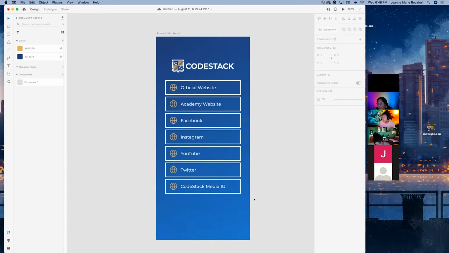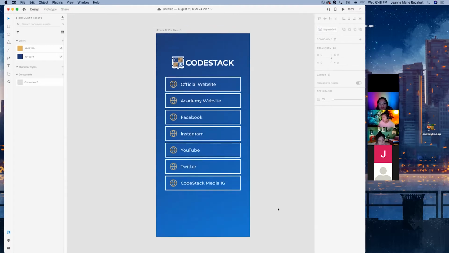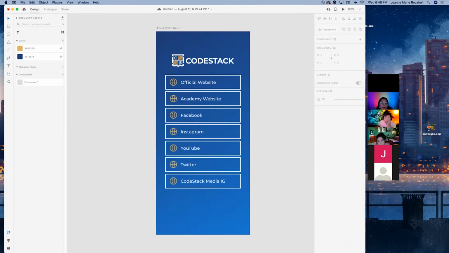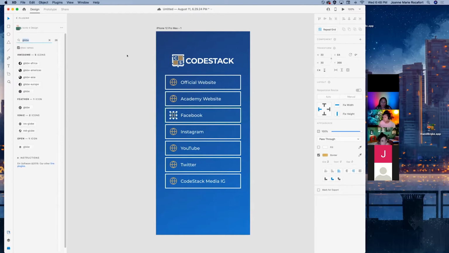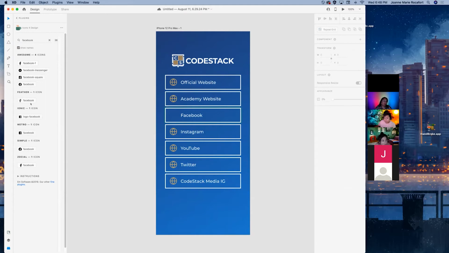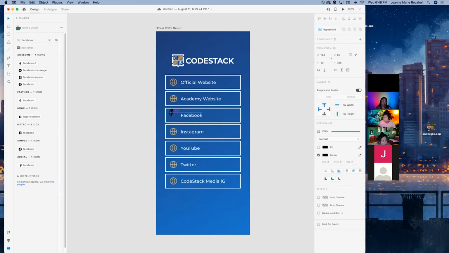How are your link trees going so far? Do you guys have multiple links already? Oh wait, I forgot to change each of the icons. So the website is still a website, so we're doing the globe. And then for Facebook, you can go back to the icons for design plugin and put Facebook, and it'll give you Facebook. I just have to customize that, make it 2,